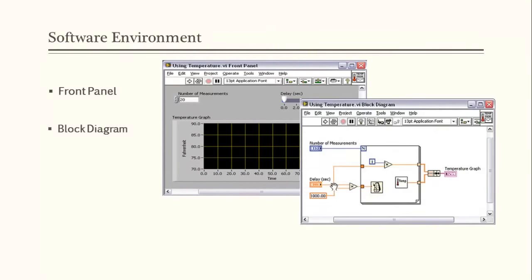Second one is the block diagram. In the block diagram panel, front panel objects appear in the form of the relevant block diagram, included with the required functions. Like when you use any control or indicator object in your front panel window, the relevant block diagram appears in the block diagram window. On the screen you can see the VI of a temperature control instrument, and the relevant block diagram you can see in the block diagram window, and the relevant controls and indicators you can see in the front panel window.